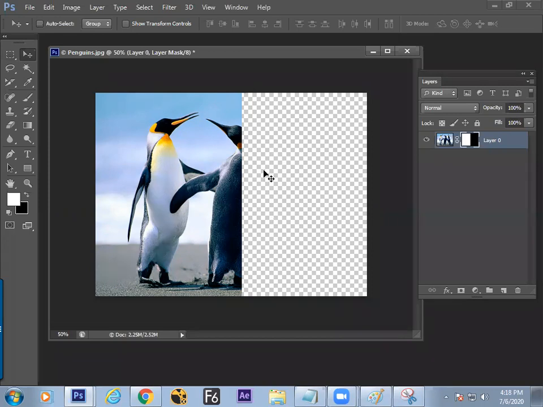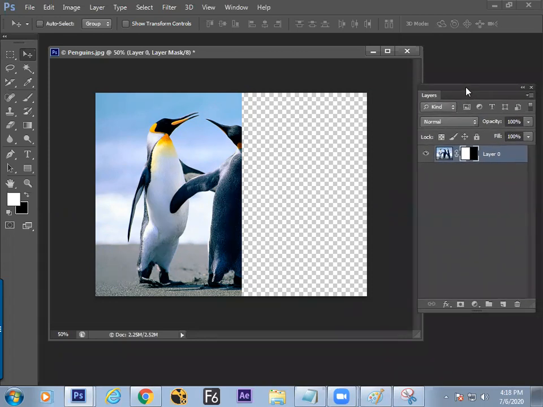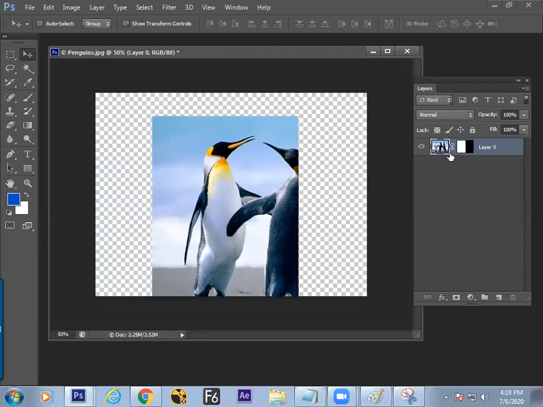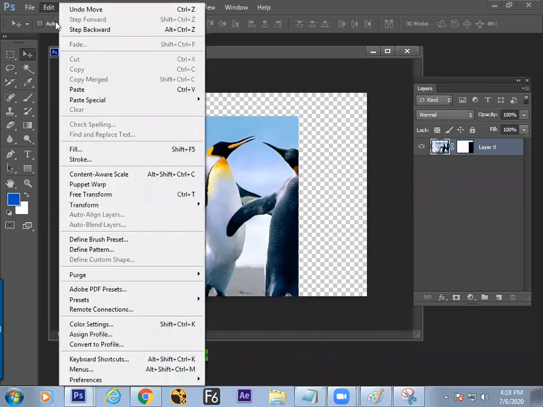Is it okay till now? Understood? Yes, sir. Fine. Now coming to the layer, it's easy. You can make magic, but just a little focus, that's it. Here inside the layer, the image and the mask are separated by a link button. Can you see a link? Because of that, if we move the image, the mask also moves simultaneously. Now go back by Control Z.